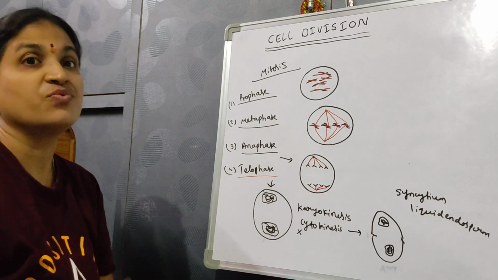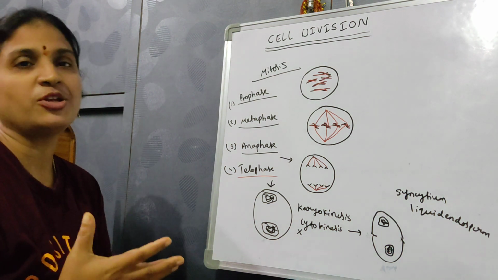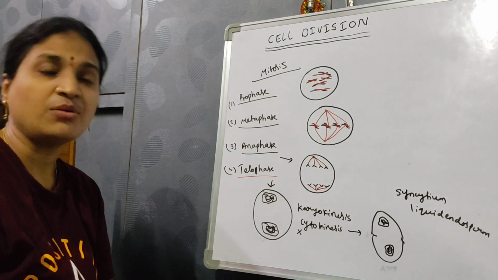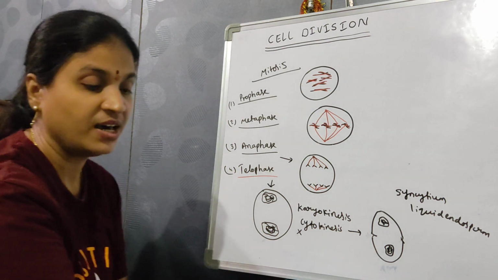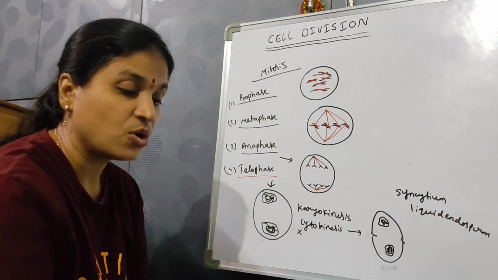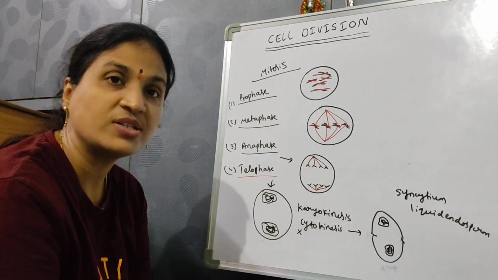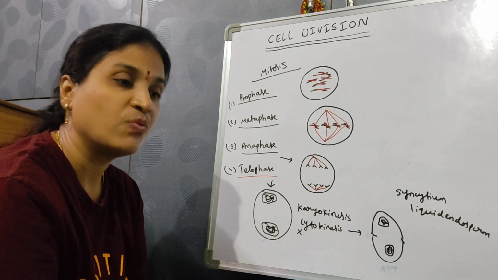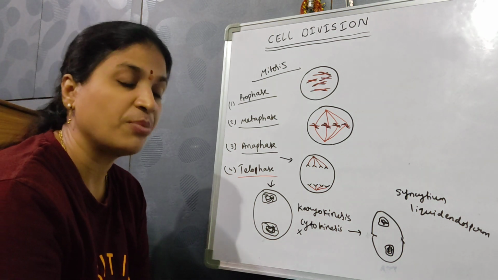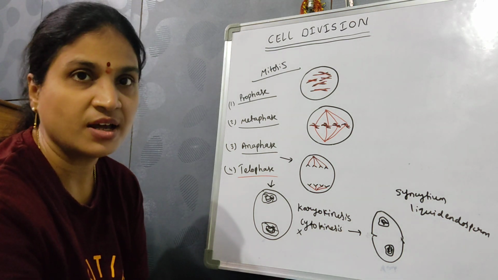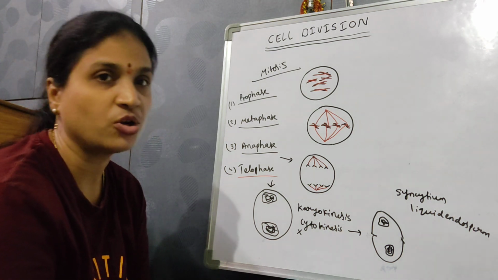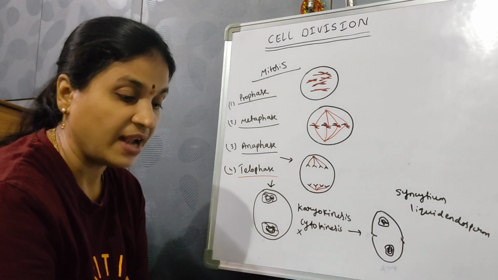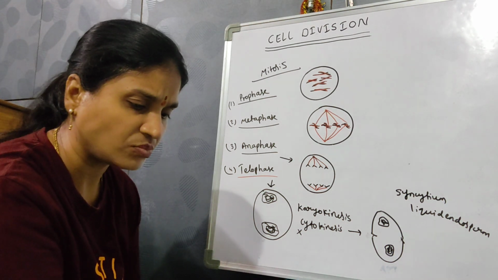Coming to significance, why does mitosis take place? Yes, mitosis is very important. It has to take place in the cells. It is also called equational division. Why? Because it occurs in diploid cells and in haploid cells, and from one cell 2 cells are formed. If the parent cells are diploid, the daughter cells are diploid. If the parent cells are haploid, the daughter cells are haploid. So the same genetic constitution is maintained, and it's also useful for